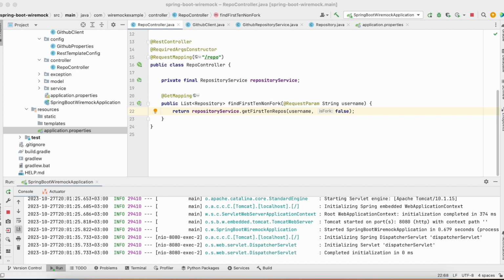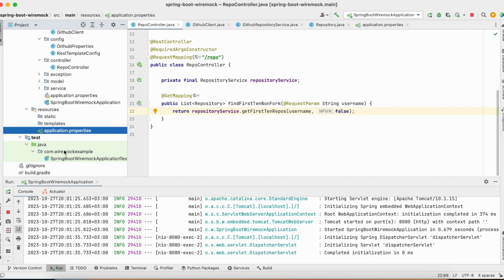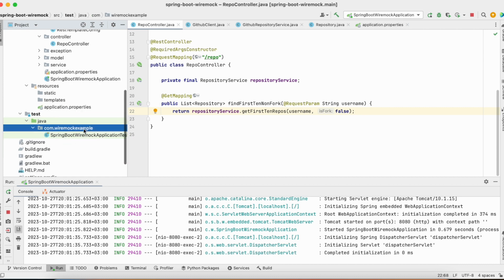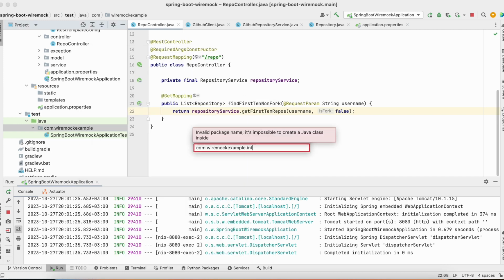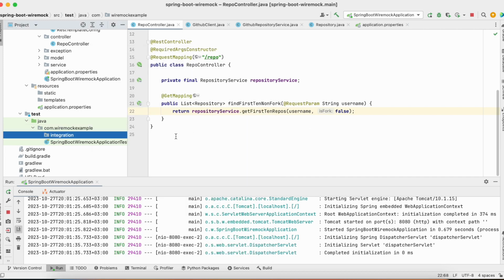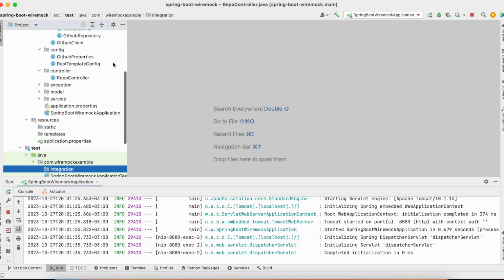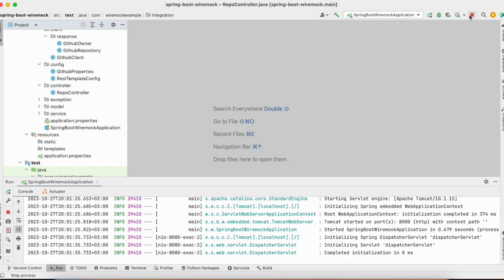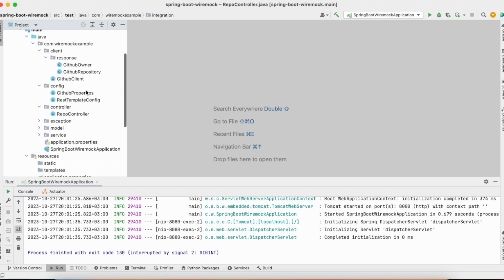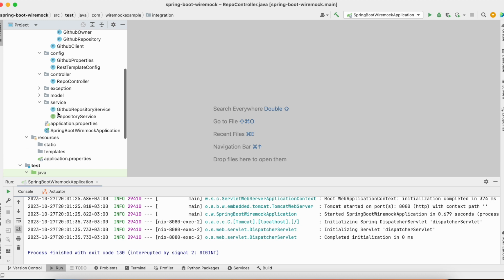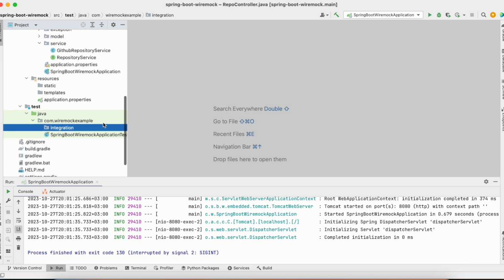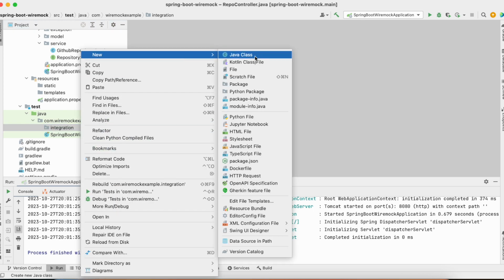First of all, let me navigate to the test directory and create a new package. Let me call it integration. This is the package where we put our integration tests. Let me close all, and I can stop my server for now. First I want to test the service. I want to test the GitHub repository service. I create the first integration test,